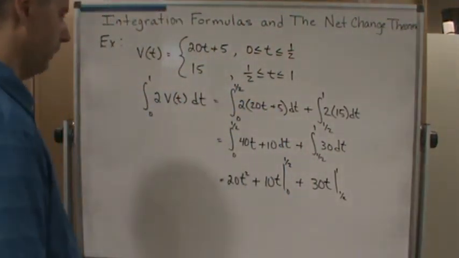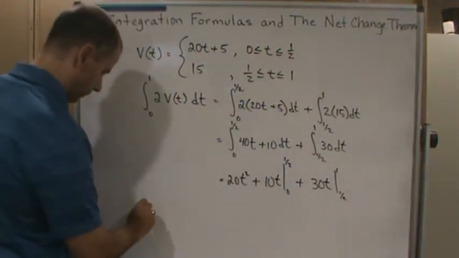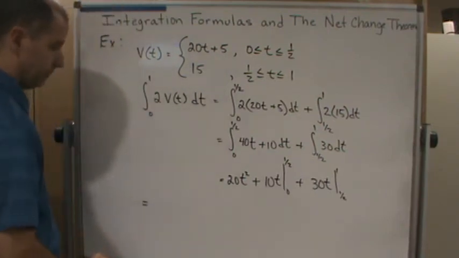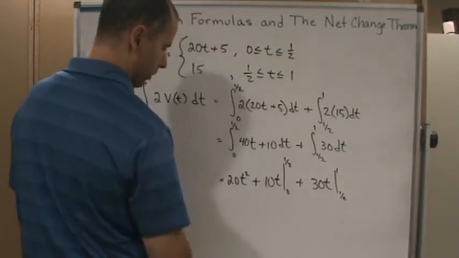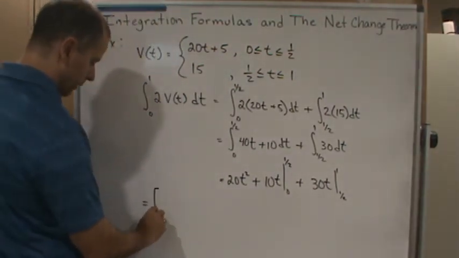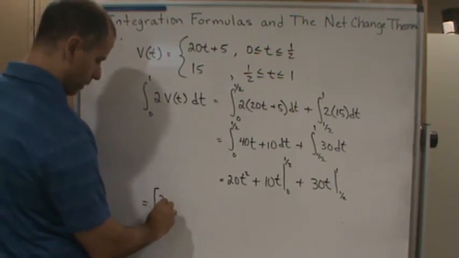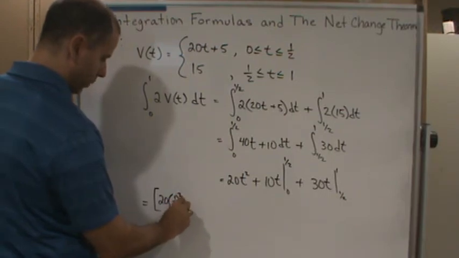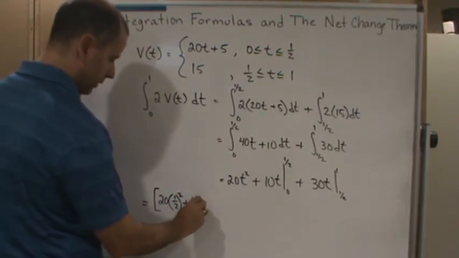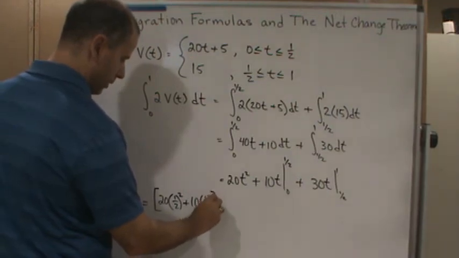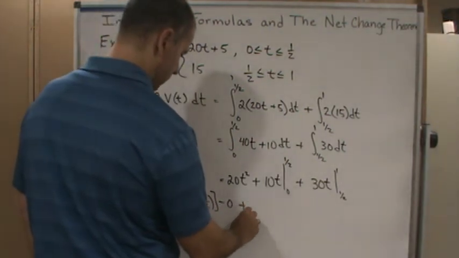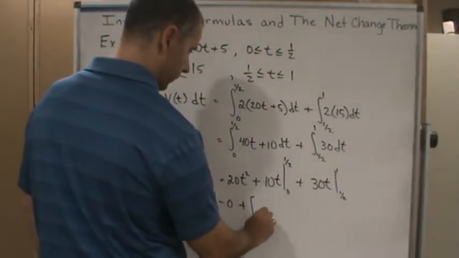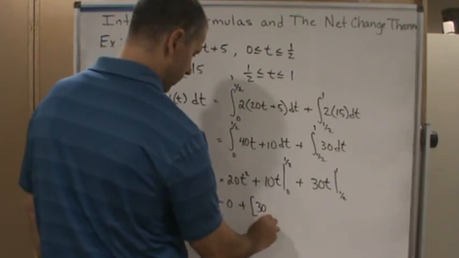So now, what do I get? Well, here I've got t's in both terms, so at 0, this whole thing is going to be 0. So this is going to be 20 times 1/2 squared plus 10 times a half, minus 0, plus 30